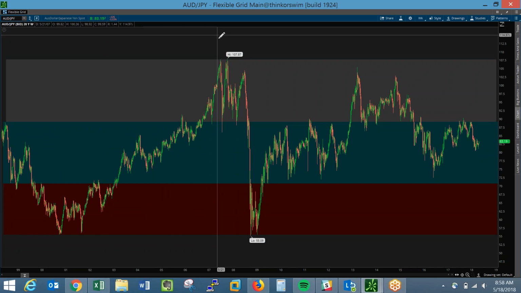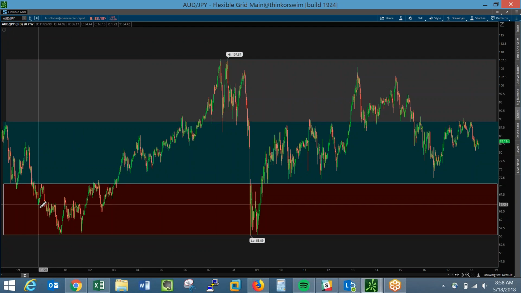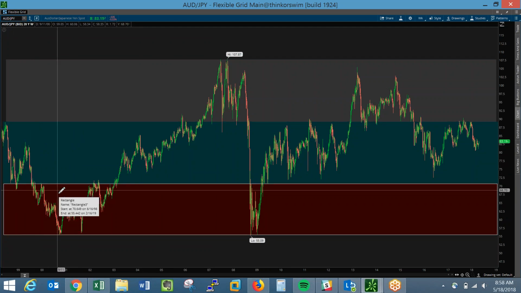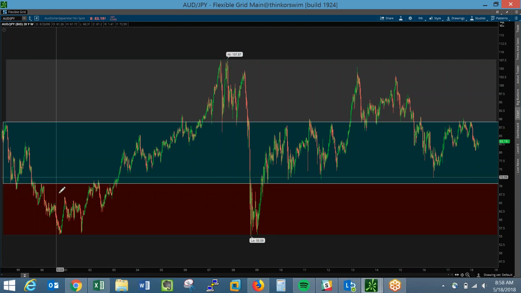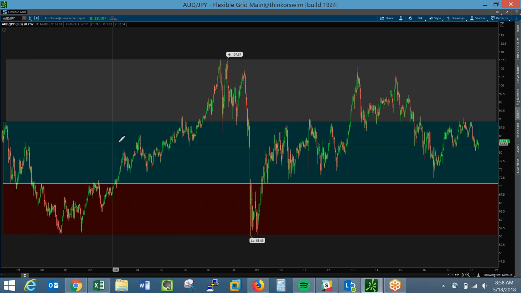But first things first is we've now identified areas of market structure without having used any tools, right? So you can pretty safely assume that once we break and close, right, that's the important distinction here, is once we close with enough distance into one of those zones and then we retest, in some capacity, this is great,